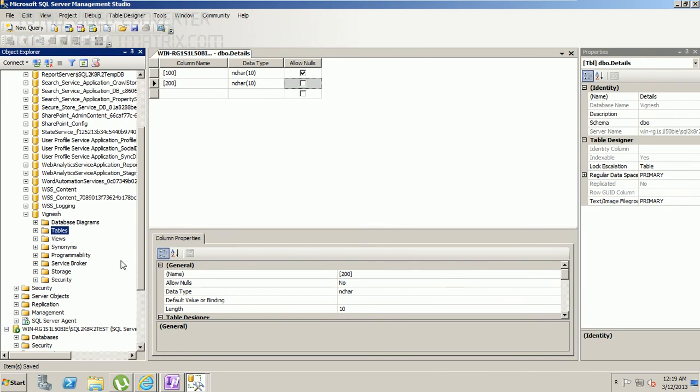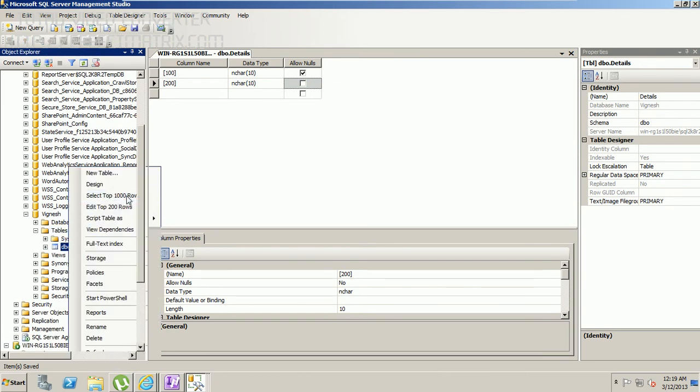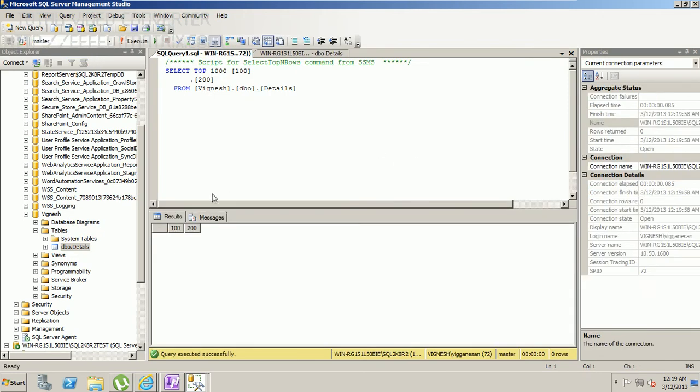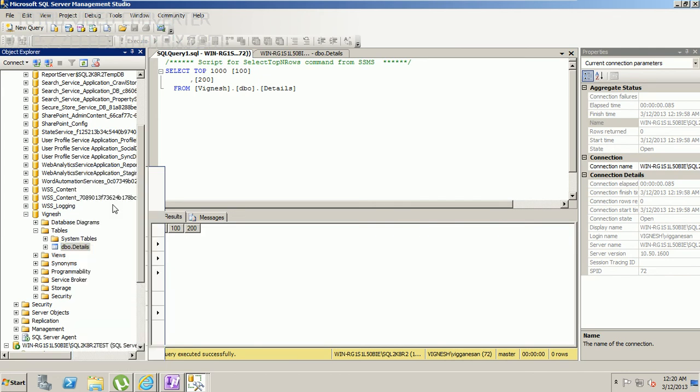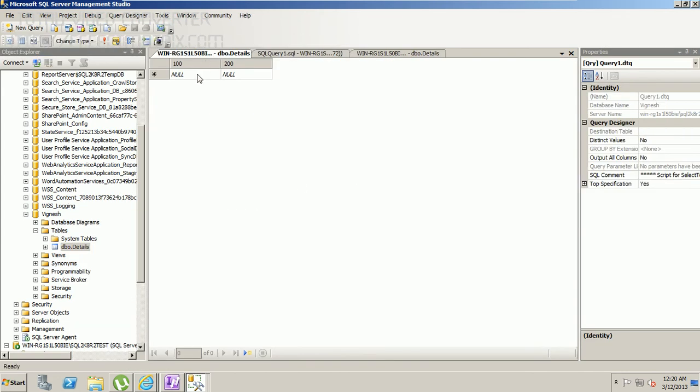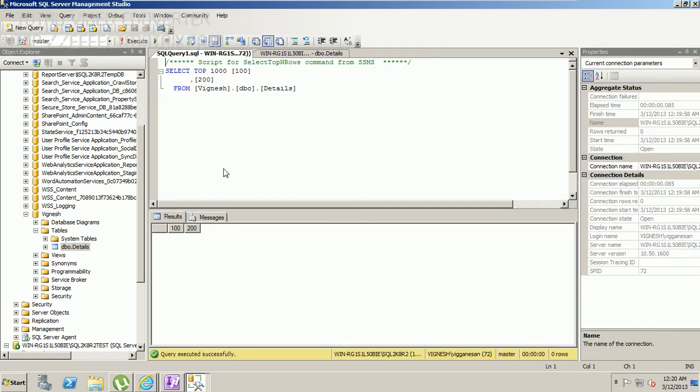Now if you go ahead and try to check whether it has been saved, you can just do this. It gives the coding for that. You can do this, it gives the data. If you want, you can keep adding three to four more, 300, anything as per your wish, just for test purposes. Once you're done, just go ahead and close it. It will be automatically saved by itself.